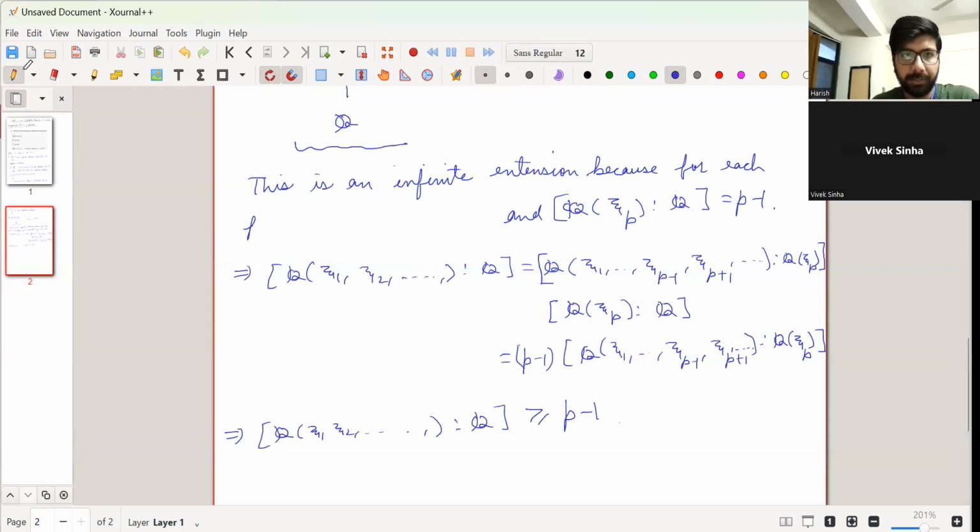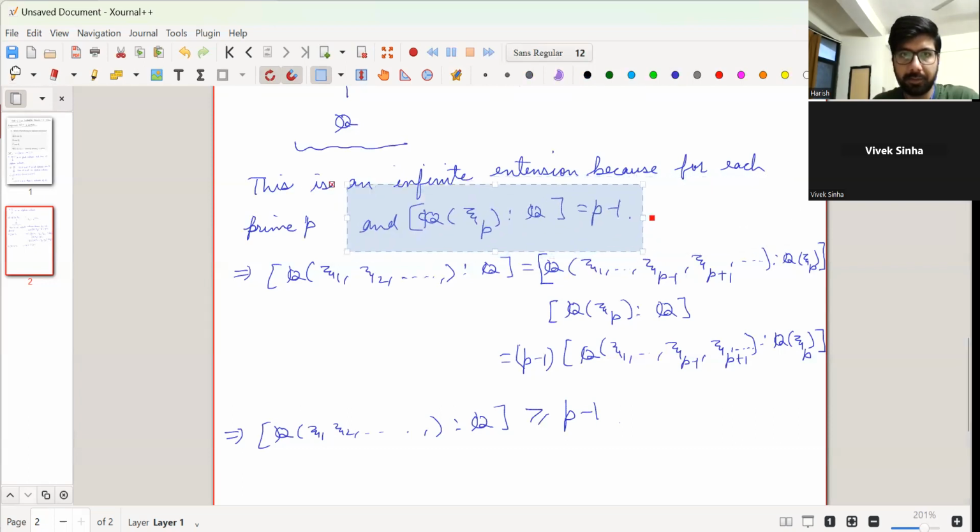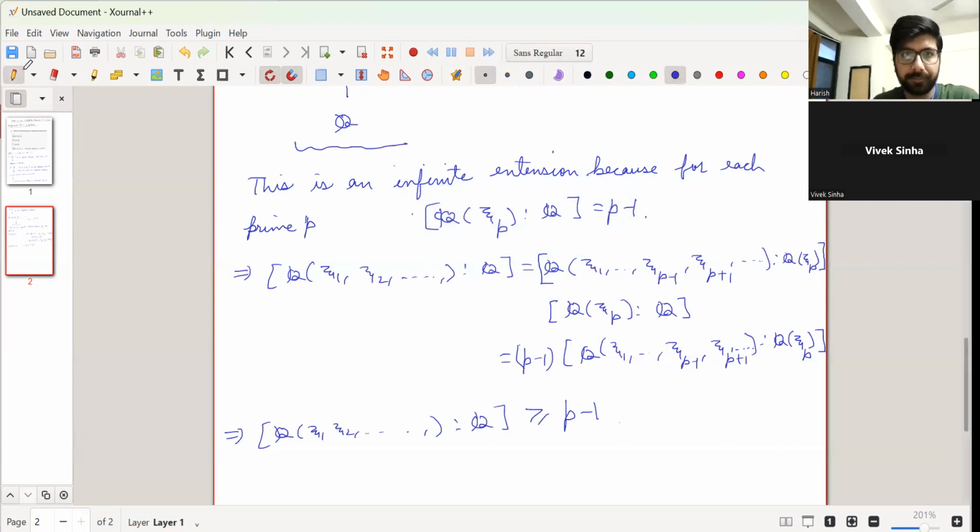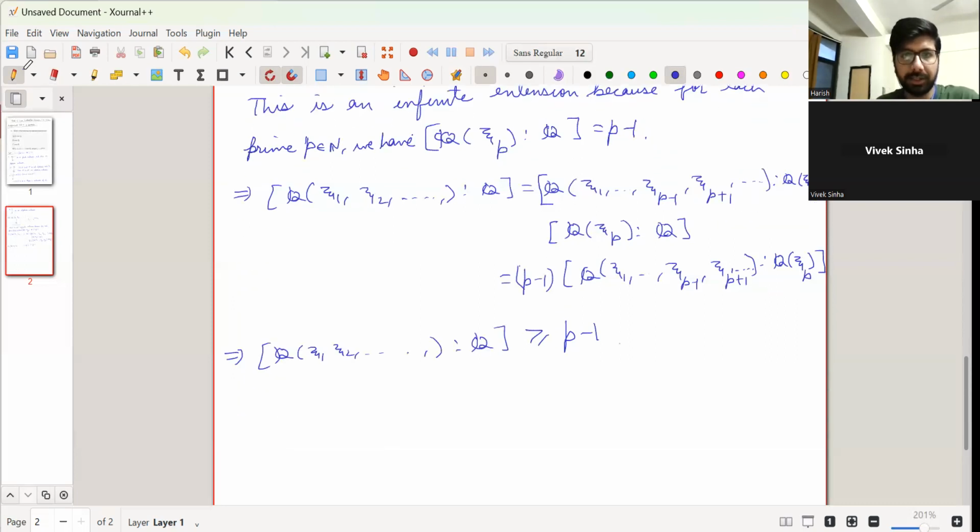For each prime p, we have p belongs to N, we have Q of xi p over Q is p minus 1, and then we break it like that. So this extension has degree greater than or equal to p minus 1 for each prime,